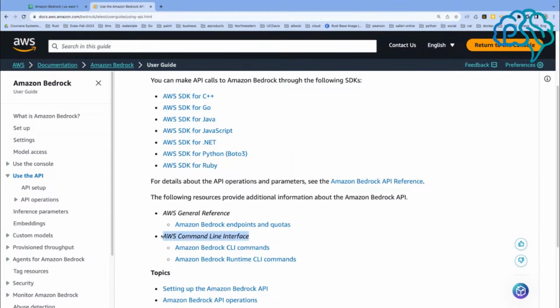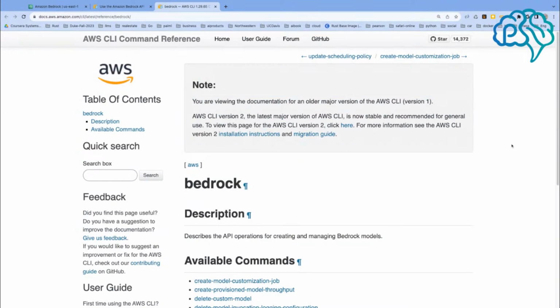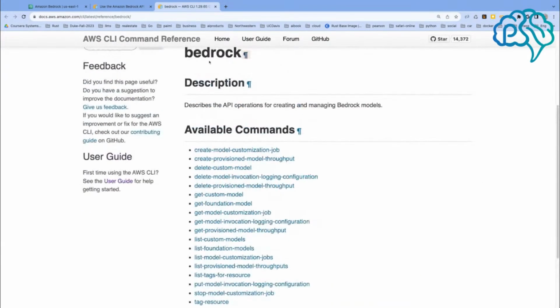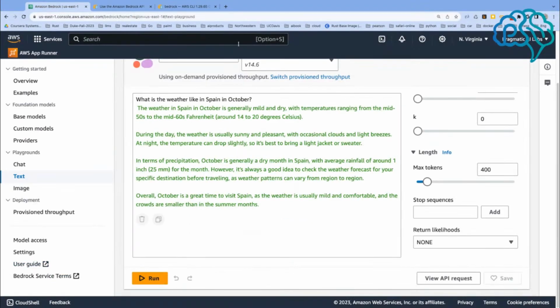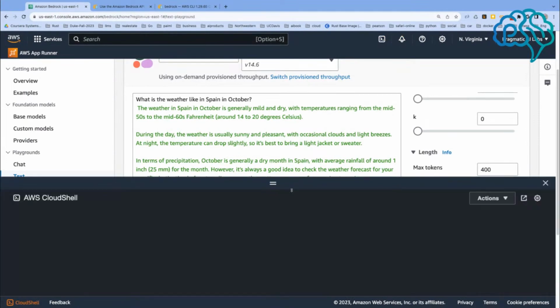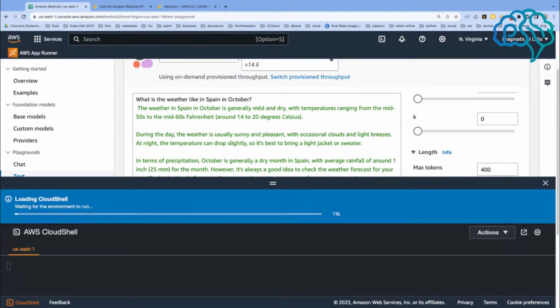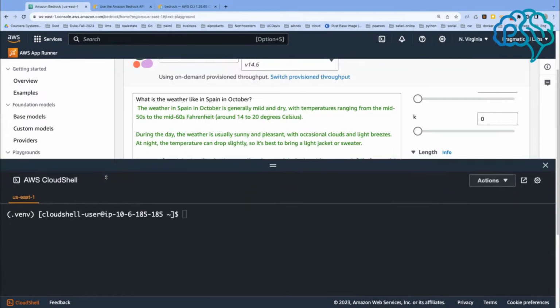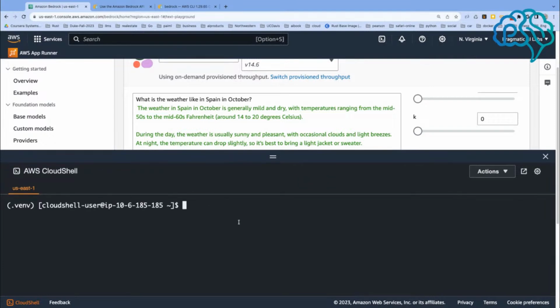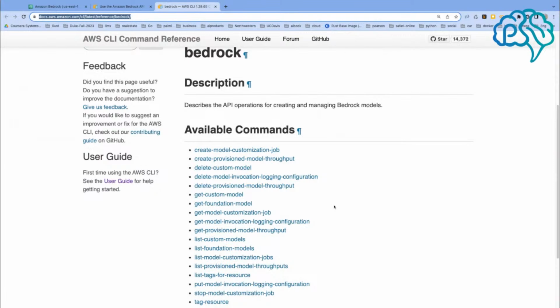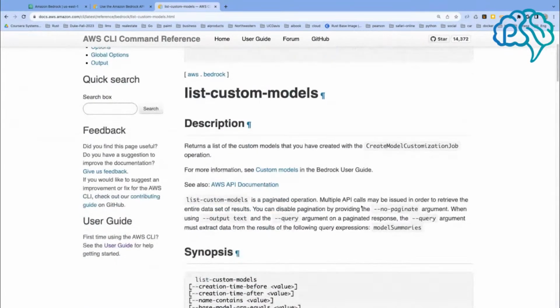Now, this actually might be the way to go, is to do Amazon Bedrock CLI commands. That's probably going to be the easiest way to go here. So let's try this actually real quick. I got a few minutes. So if I go to the console, a lot of people don't know how powerful the AWS console is, but I would say this is probably one of the best use cases for the AWS CLI, is to actually test out services like this. And so if we go to Bedrock, we can say list custom models, and